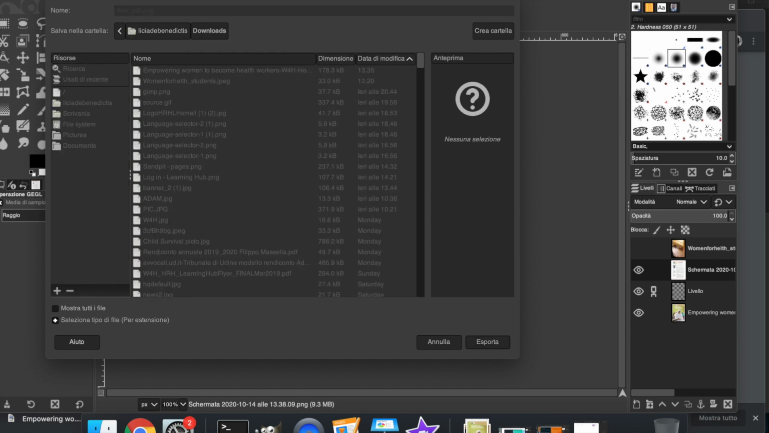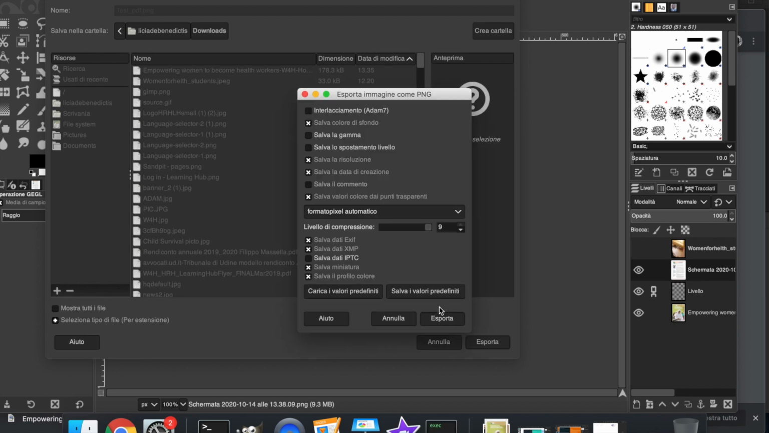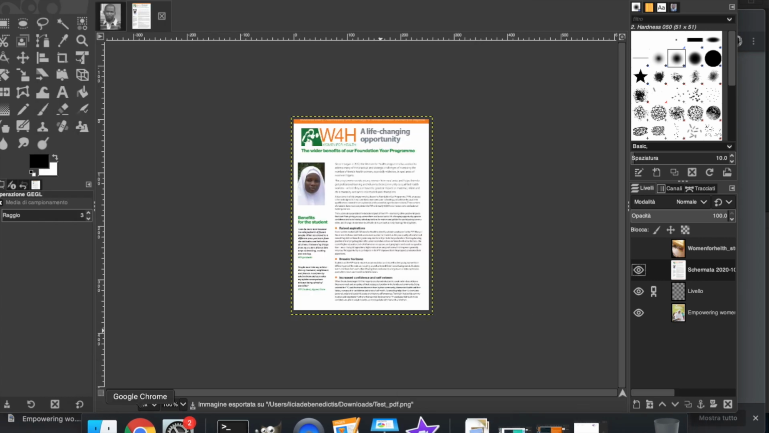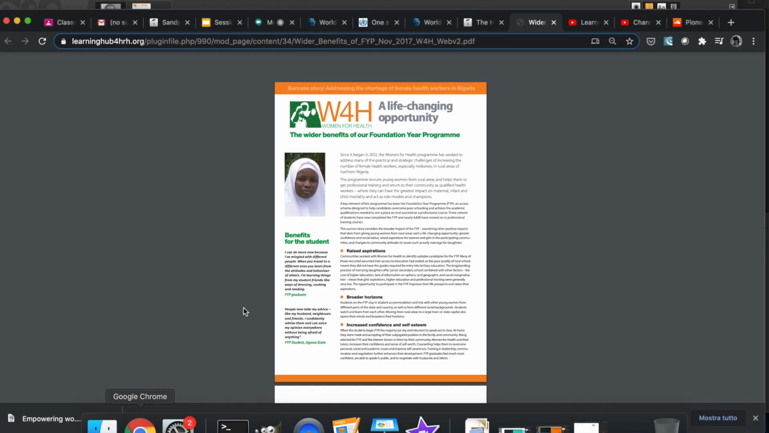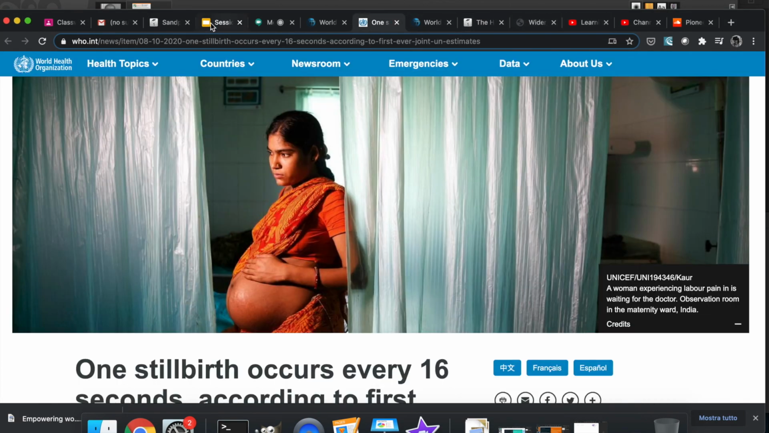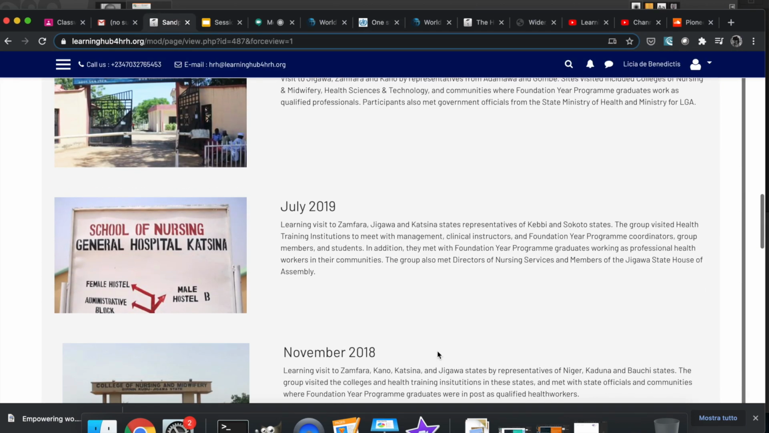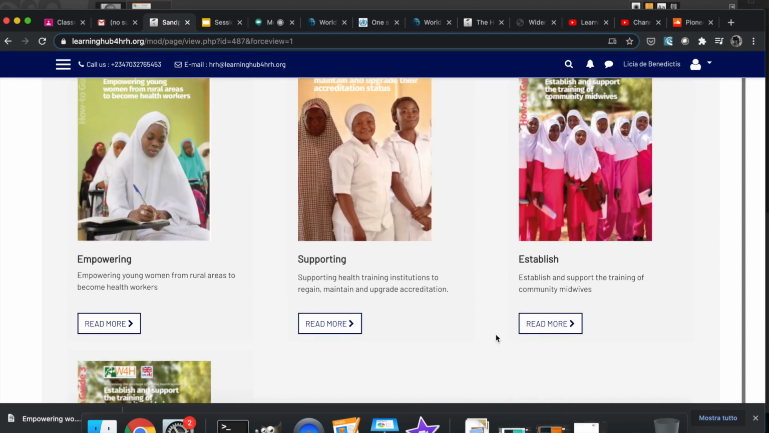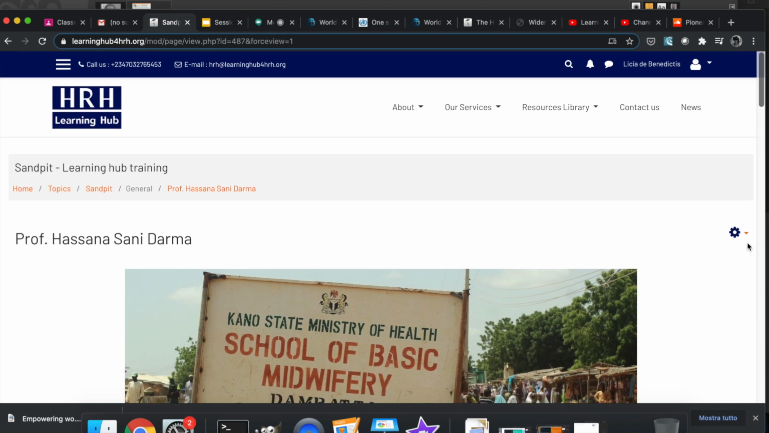And then just export it. And then in this way, you have lots of images with the same size. So if you have to, let's try and upload it to our Sandpit. So here we have these cards. So we want to replace, let's say,